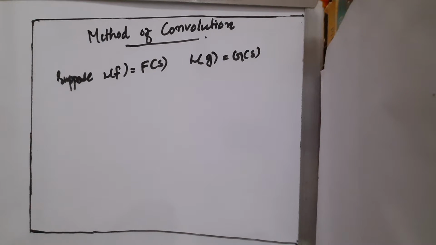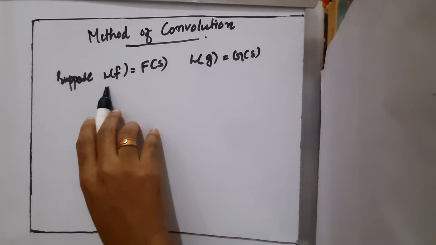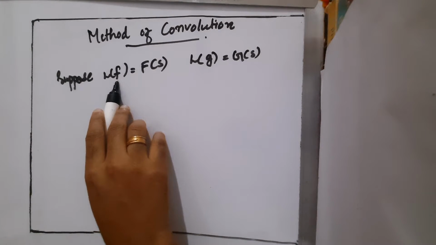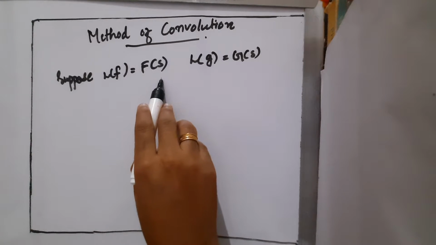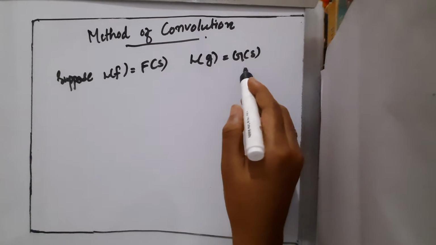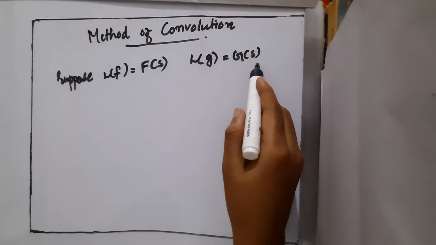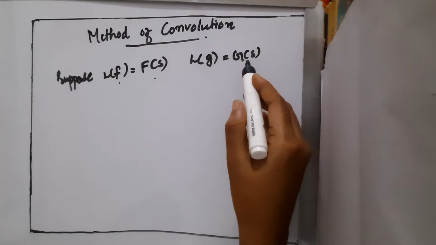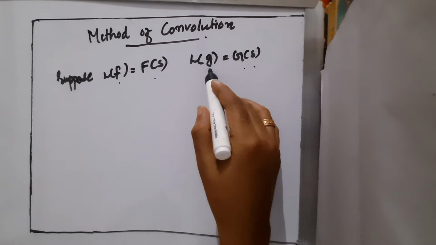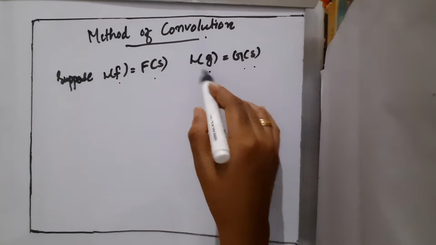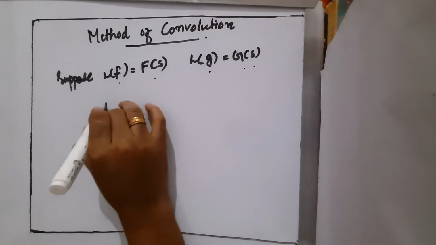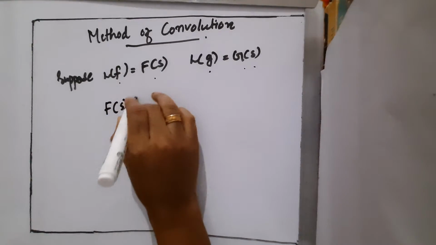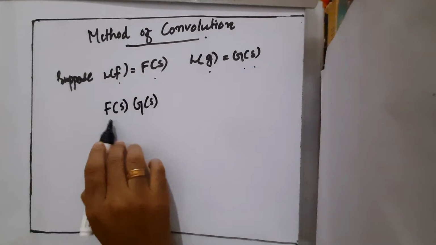Why this method is used to find the Laplace inverse is that suppose we know that Laplace of f is capital F of s and Laplace of g is capital G of s. That is, we know capital F of s is the Laplace of f of t and capital G of s is the Laplace of small g of t. Then when we have to find the Laplace of the product of these Laplace functions, that is F of s